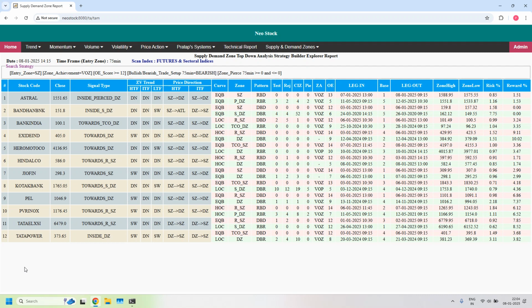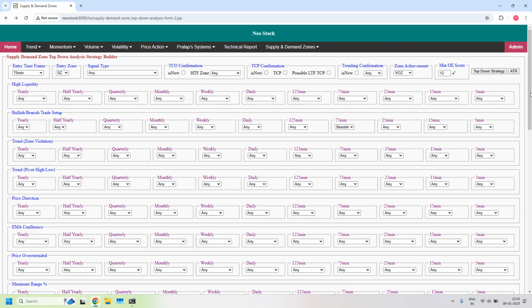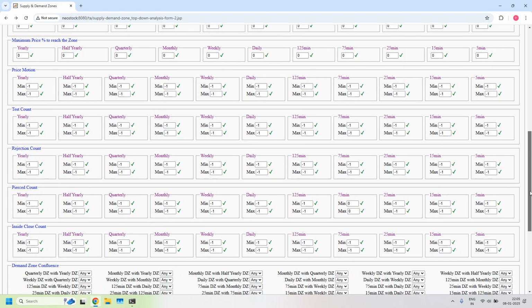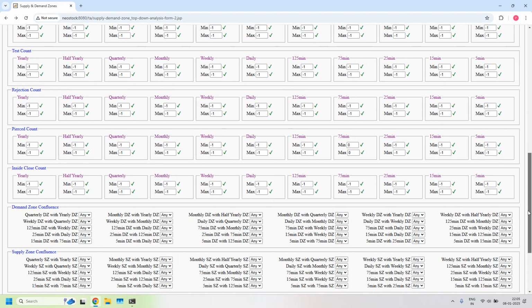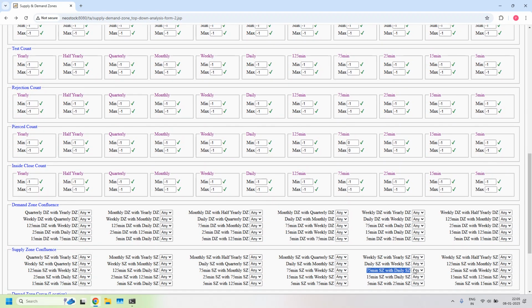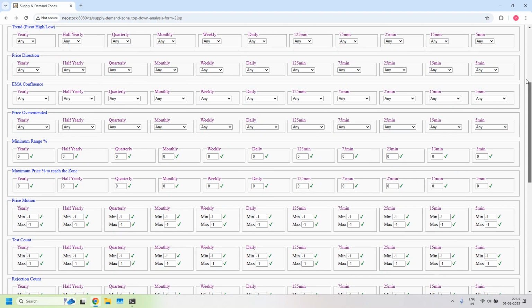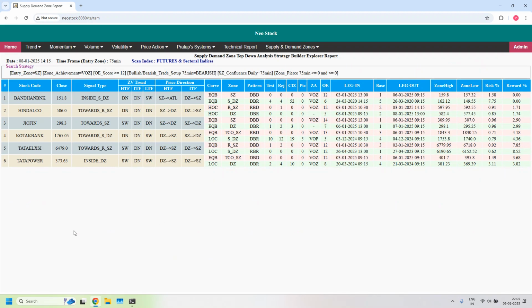All these 12 stocks are supporting bearish trade setup for weekly income trade. Entry time frames are 75-minute supply zones. Out of these 12 stocks, let us identify high probability zones based on LTF and ITF supply zone confluence. First filter, that is the 75-minute supply zone with daily supply zone confluence. With this filter, we got 6 stocks. In these 6 stocks, these 75-minute supply zones are part of the daily supply zone, and daily trend is down